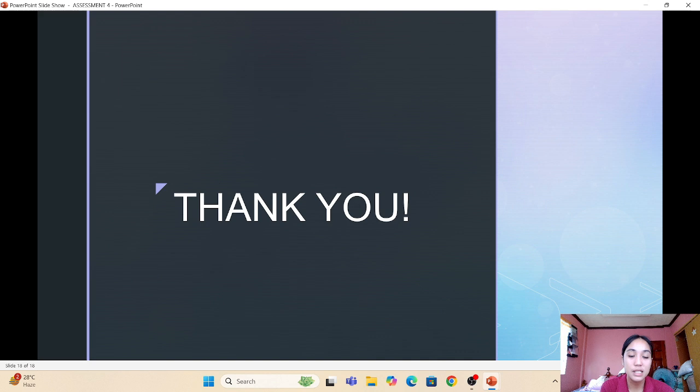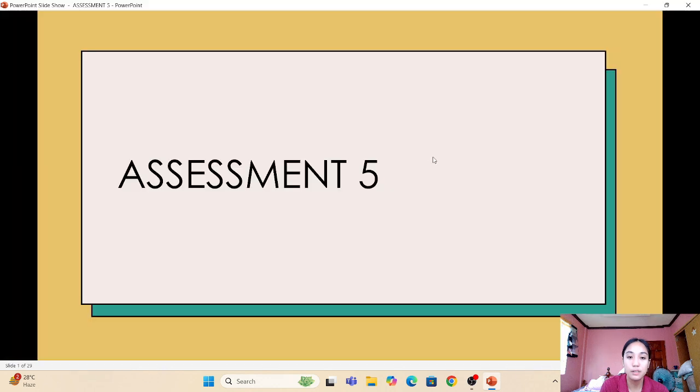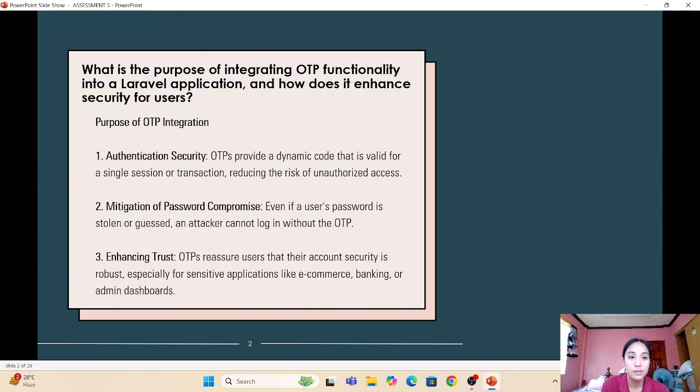So that's all for assessment 4. Thank you. So let's move on to assessment 5, the last one. What is the purpose of integrating OTP functionality into a Laravel application and how does it enhance security for users? So the purpose of OTP, or one-time password, integration is